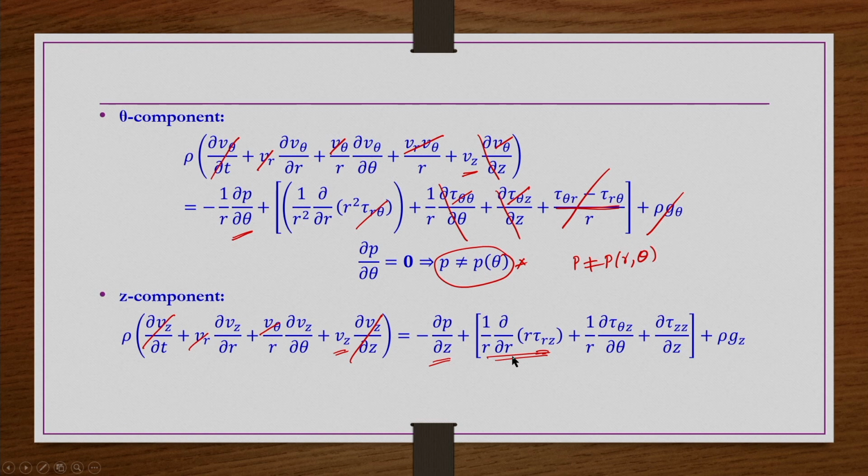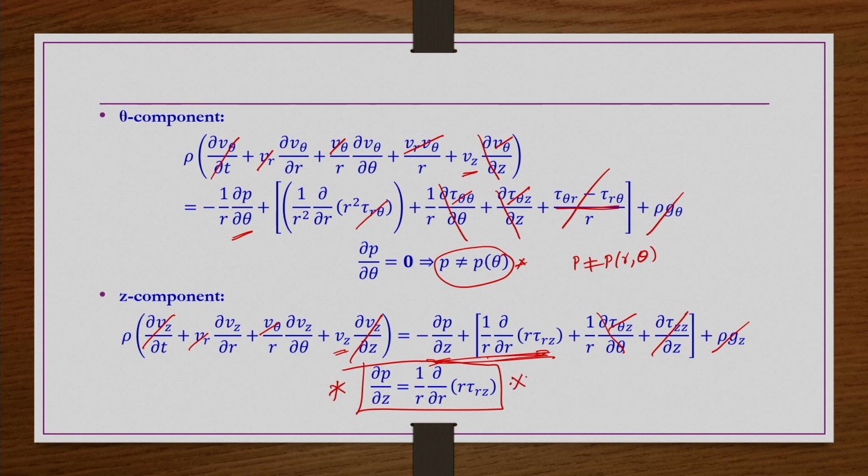So, this term would be there, and then tau theta z is not existing because it would have V theta and Vz. Vz is a function of r only, not of theta. So, that way also this term is cancelled out, or it will be 0, or because of the symmetry also this term is 0. Then because of the fully developed flow, dou by dou z of any flow variable is 0, and tau z is a flow variable, not a scalar, so that is cancelled out. And we are not taking gravity, so that is cancelled out. So, only these two terms are remaining. That means dou p by dou z is equal to 1 by r, dou by dou r of r tau rz. So, this equation we can solve.